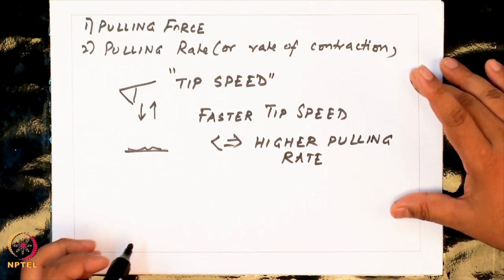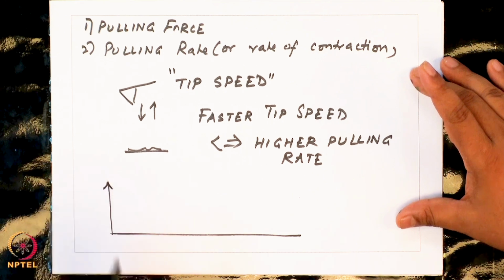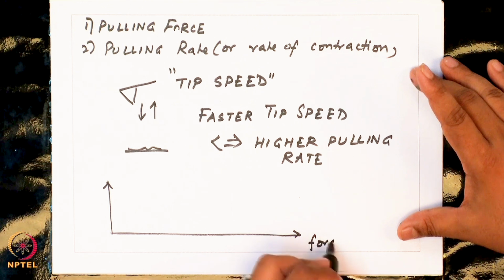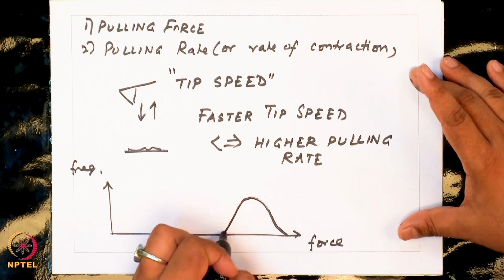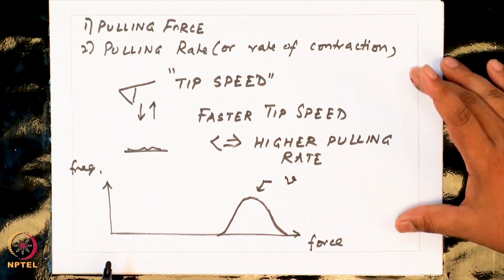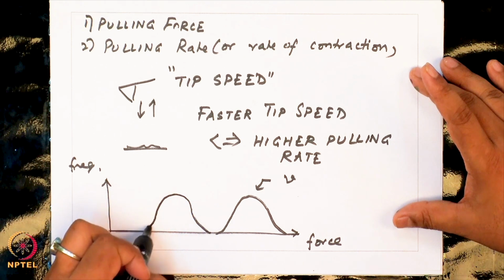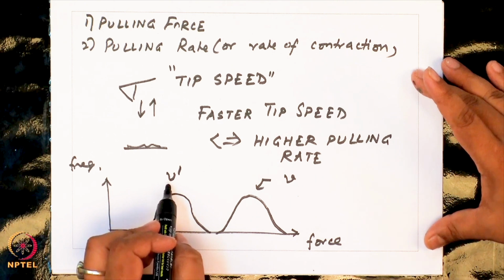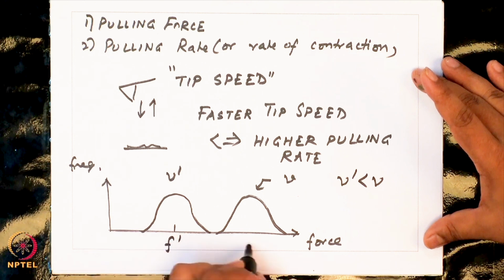So, using this, what has been observed is, this is my force and this is my frequency. Let us say for a given domain, this is at a certain tip speed v. What has been observed is for many proteins and many domains, if you pull the protein at a tip speed v prime which is less than v,